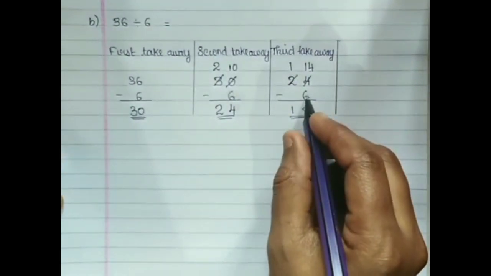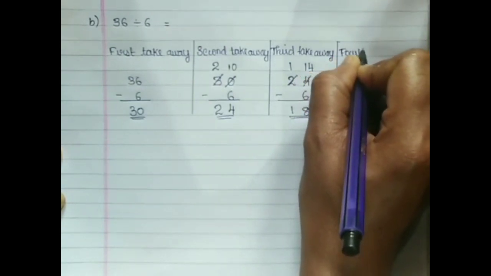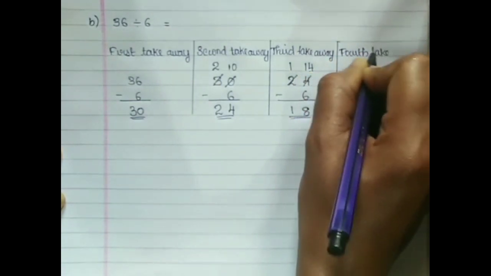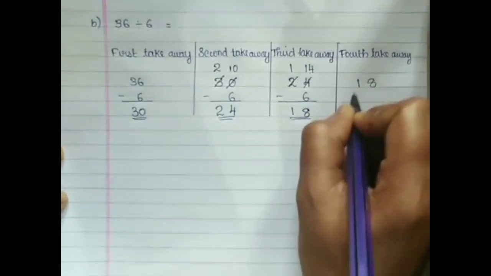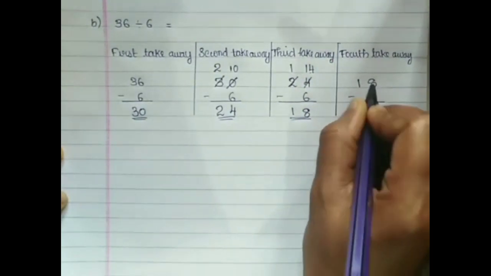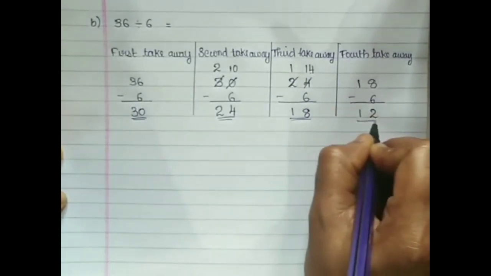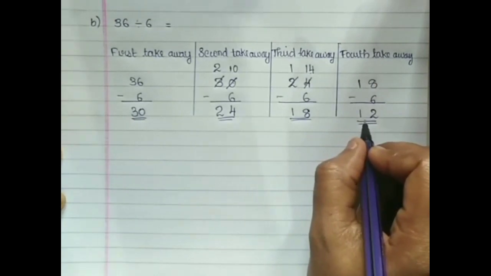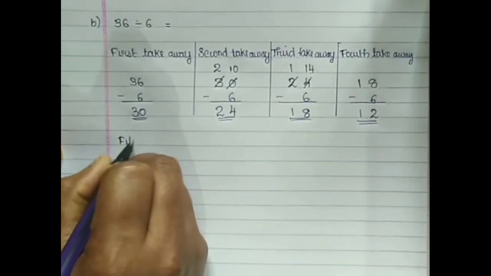Next we have to take away the number 6 from the number 18. So our fourth takeaway equal to 18 minus 6. 8 minus 6 equal to 2. Then 1. So fourth takeaway equal to 12. Next we have to take away the number 6 from the number 12. So our fifth takeaway equal to